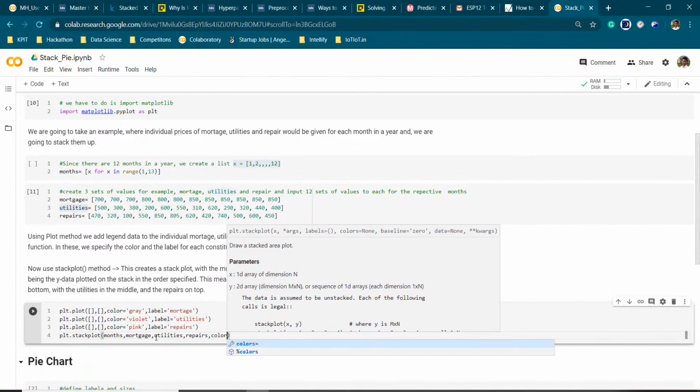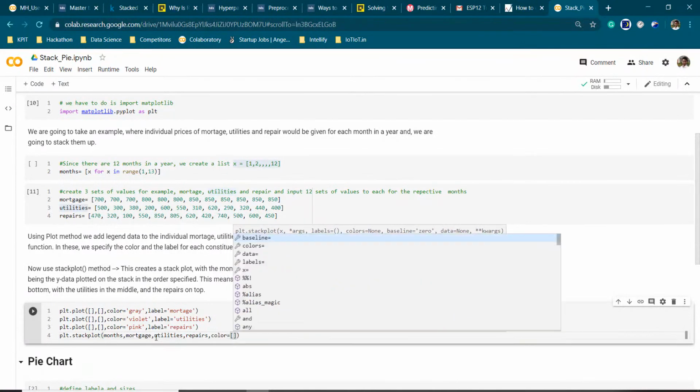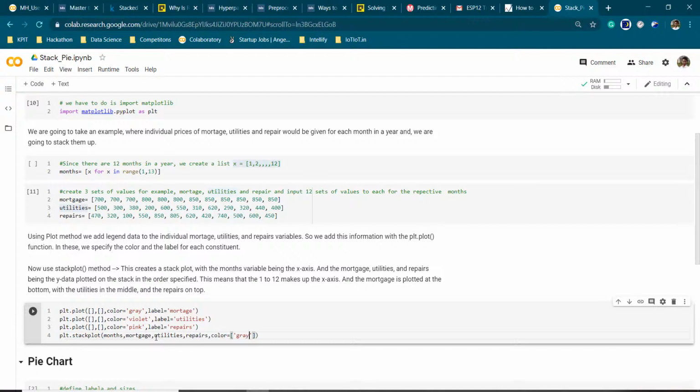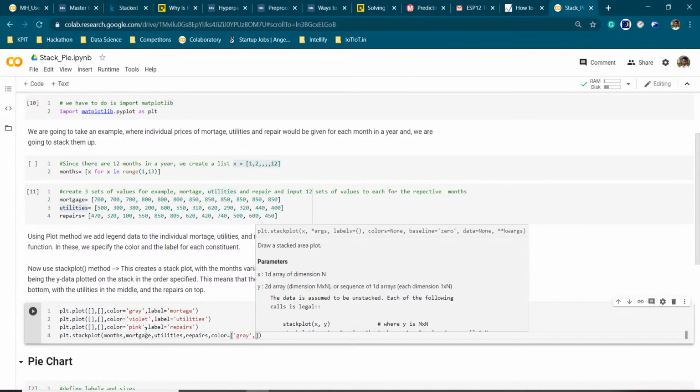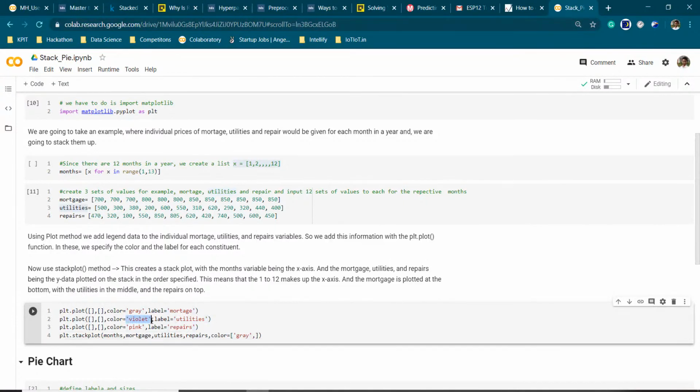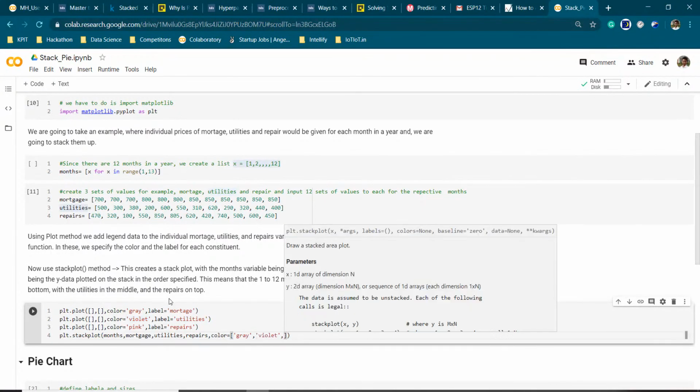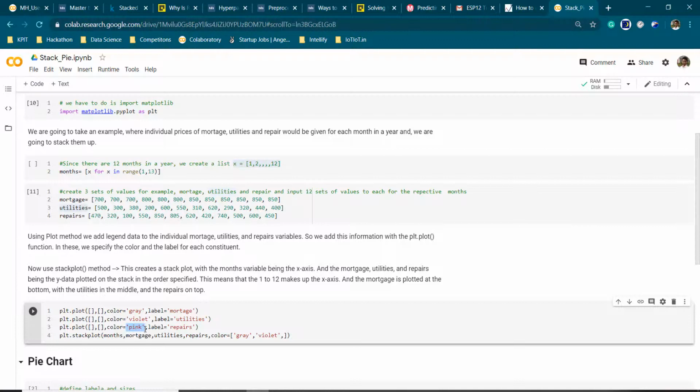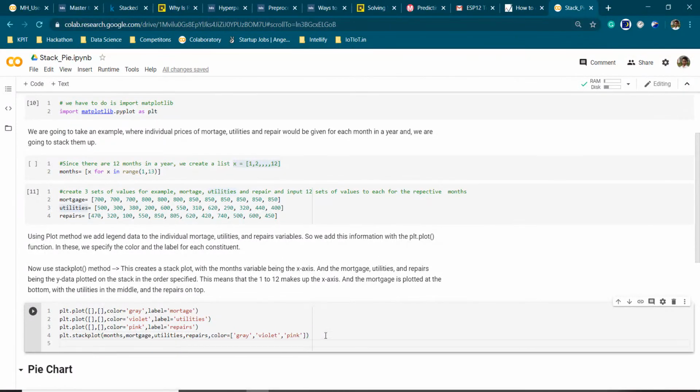Now we are going to define the color again. First we are using gray, then we are using violet. We are just going to copy it from here, and then we are using pink. So our stack plot method ends here.